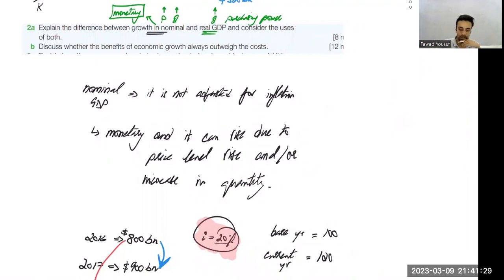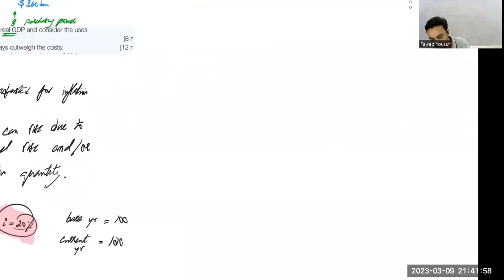Discuss whether the benefits of economic growth always outweigh the cost. Discuss the question hai, 12 marks the question hai. You have to talk about the goods and the bads of economic growth. ठीक है? I think in the notes, I have mentioned a few things. किस तरह से the benefits of economic growth. Okay, a few things about the benefits. Benefits के अंदर